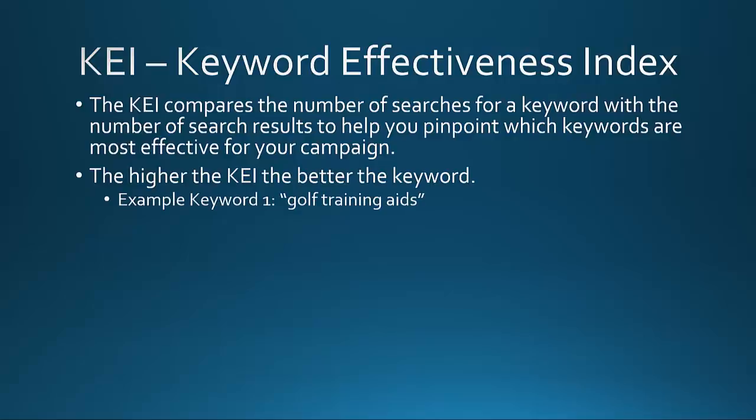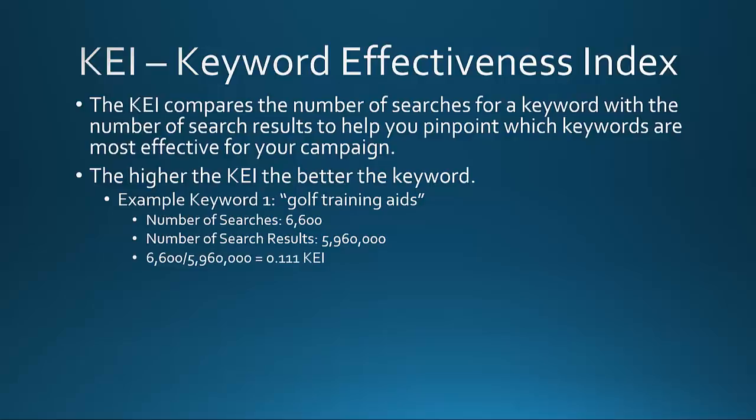So let's look at an example keyword here, and we did some numbers on this. The phrase golf training aids. Golf training aids could be products, ebooks, or training courses on how to improve your golf game. Within Google Keyword Planner, they say there's 6,600 searches per month. The number of search results for that phrase, meaning however many people are optimized, is 5,960,000 different websites. When you divide the number of searches by the number of search results, you get a KEI of